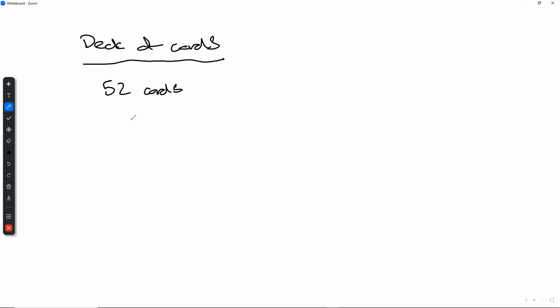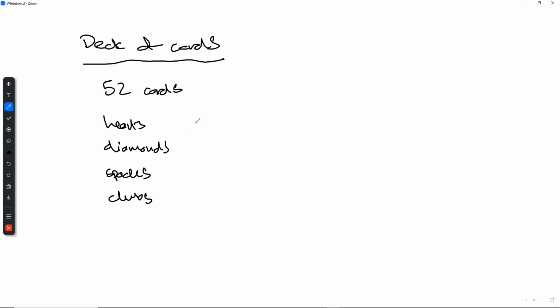We could also look at another one, a deck of cards. Many people don't actually know how to play cards. Well, whenever you deal with a deck of cards, what you have to remember is that there are 52 cards in the deck in total. It's made out of 4 suits. You can either get hearts, you can get diamonds, you can get spades, or clubs. Some people call clubs flowers.